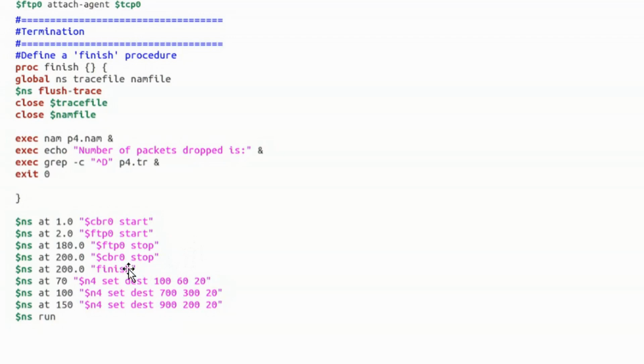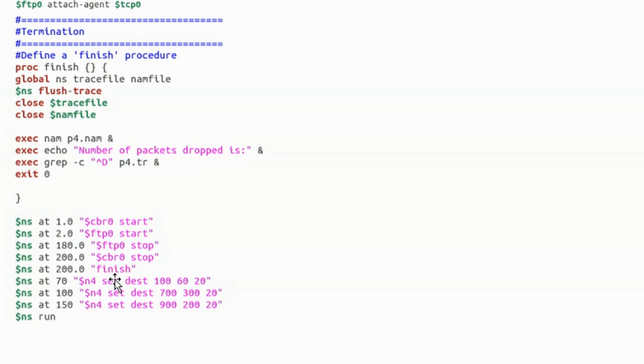Before that, at 70, for N4 I am setting the destination node, that means I am changing the position of the node because they are mobile. Even at 100 this node again becomes mobile. I am changing the direction, and N4 again becomes mobile. So I am changing the x and y axis, and it keeps changing its direction and position.